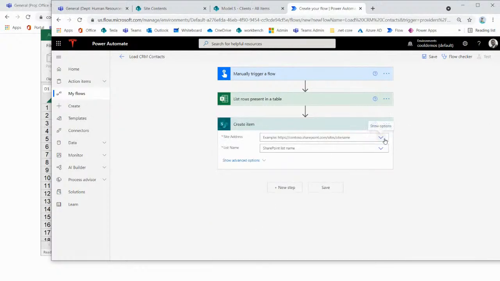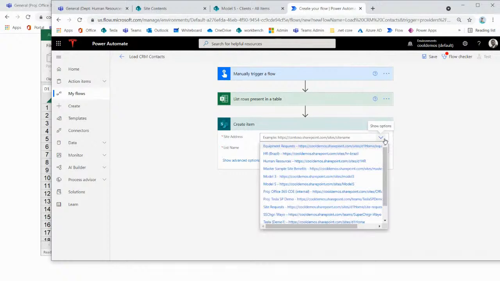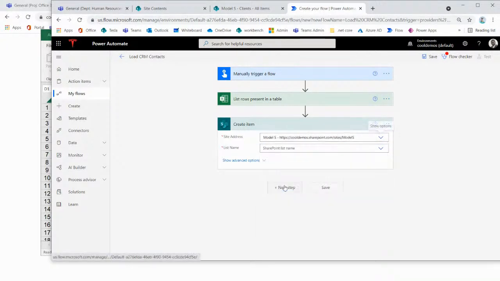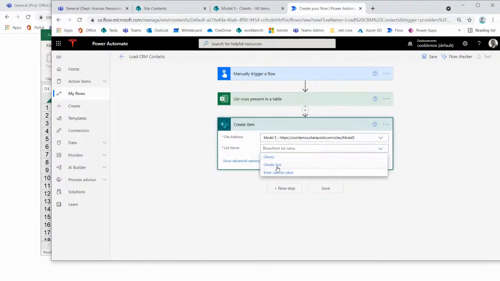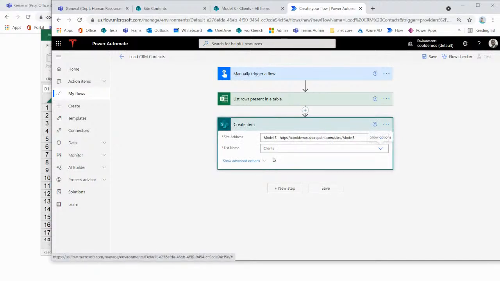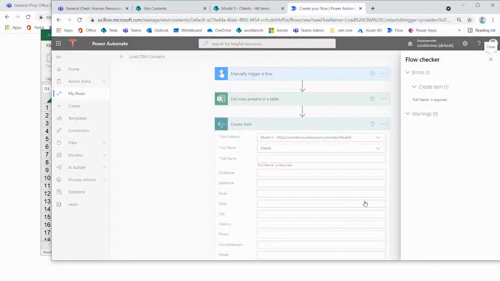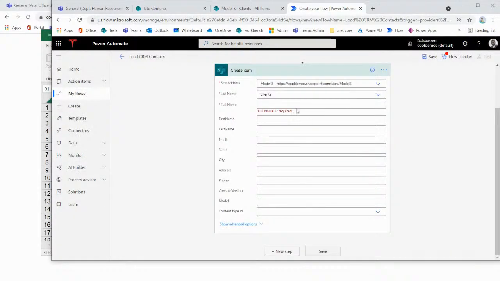We're all used to this, right? And now I'm into standard Power Automate stuff. Find my list that I want to create the item in. There's the site. We have the two, but the one that we created together is Clients. So I click Clients, and then I click save, but actually now I need to